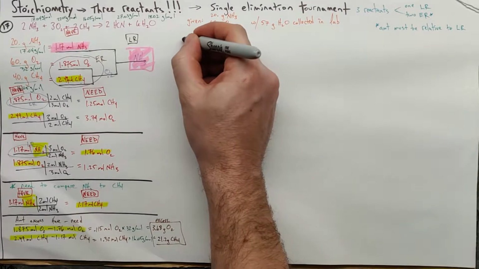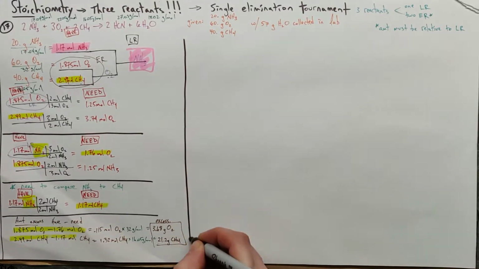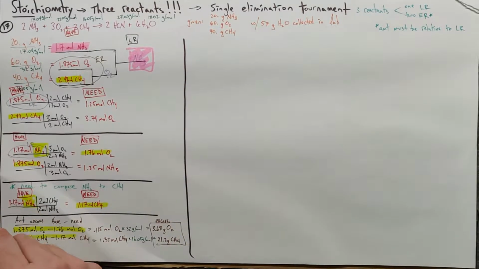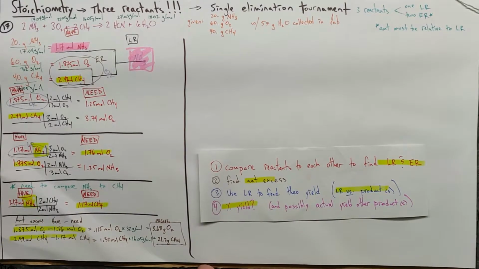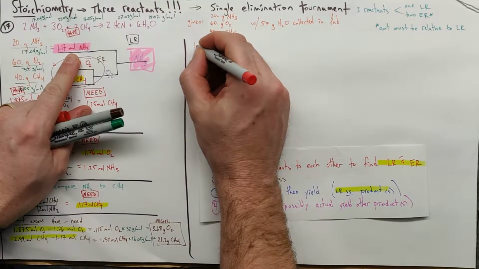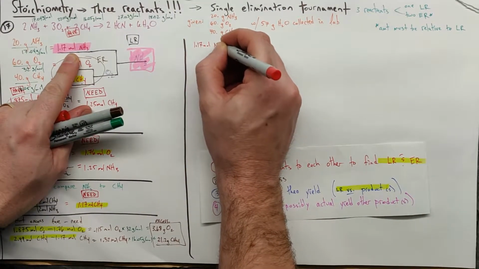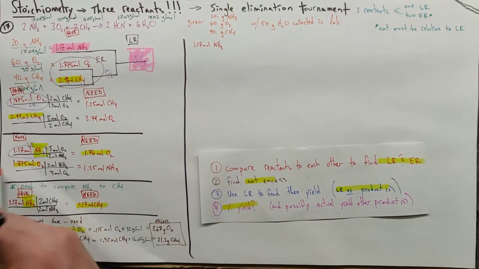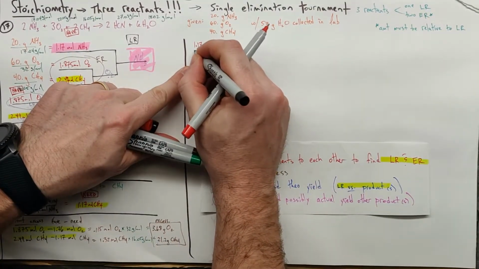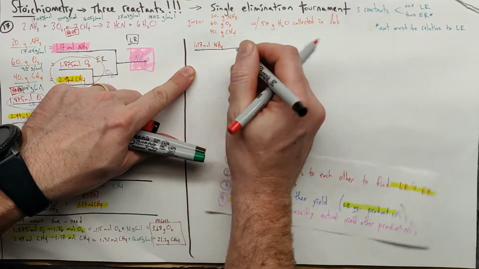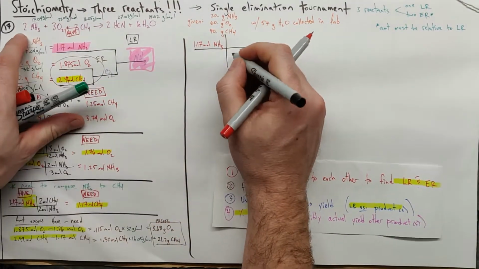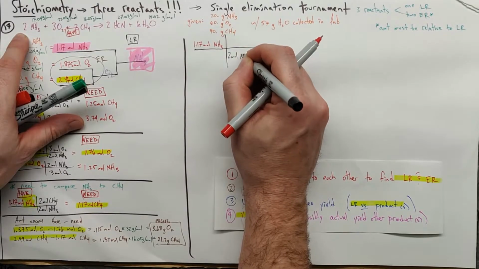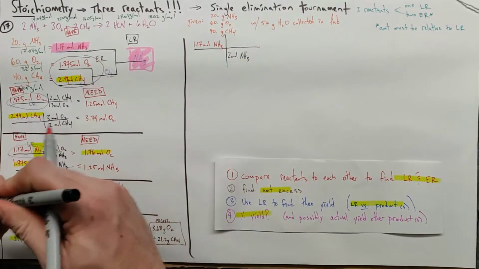And we're going to see how space works out here. We want to do the blue step here. We're going to use the limiting reactant to find out our theoretical yield. We've got 1.17 moles of NH3. And now we've got two products, so I'm going to set my dimensional analysis up with hopefully room for two products there. We know from our balanced chemical equation 2 moles of NH3. We're looking at